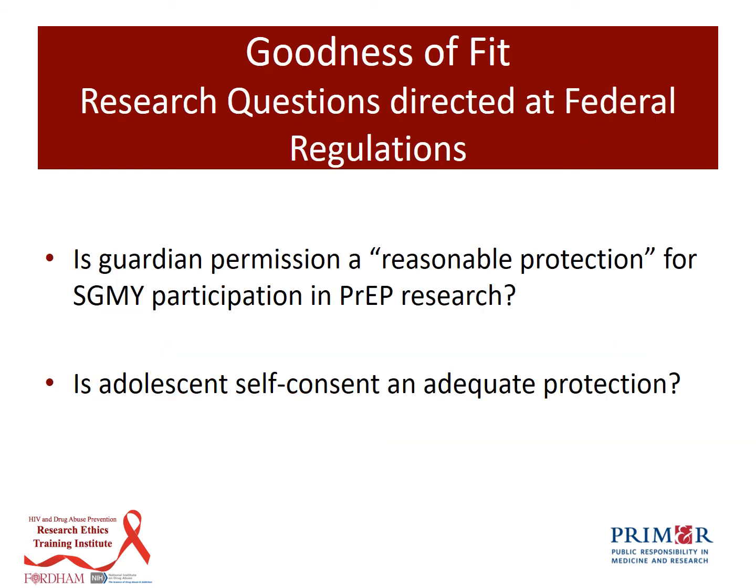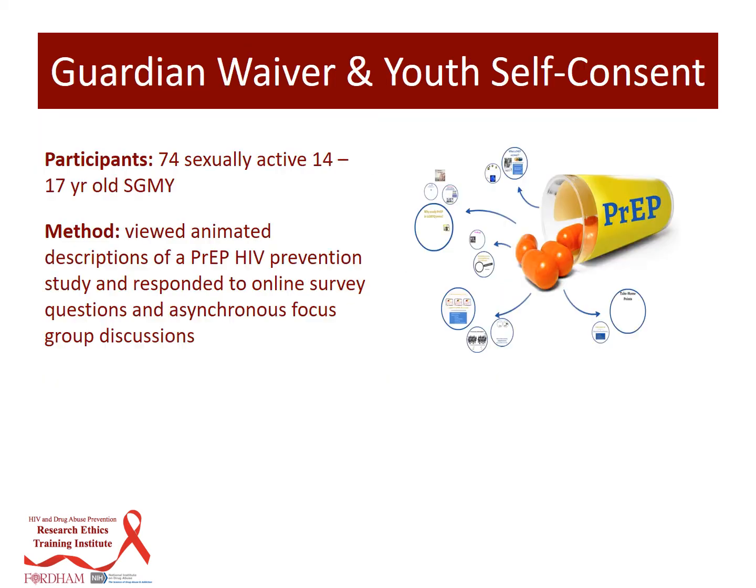So what are the goodness of fit questions? Is guardian permission a reasonable protection for sexual and gender minority youth who participate in PrEP research? Is adolescent self-consent an adequate protection? That is, do they have the competencies to consent themselves? So what we did